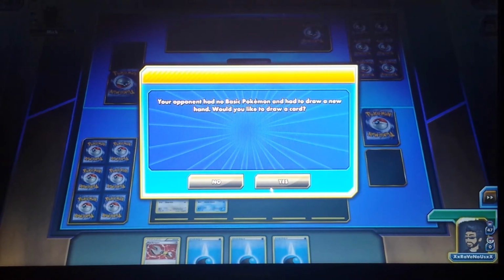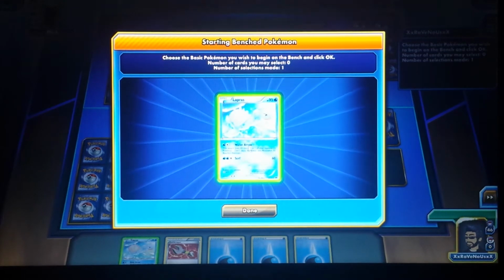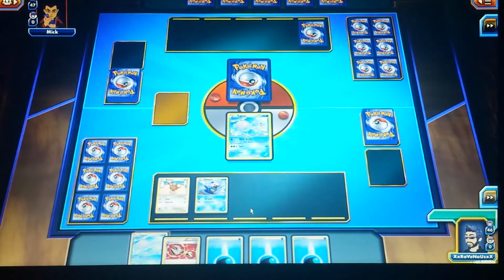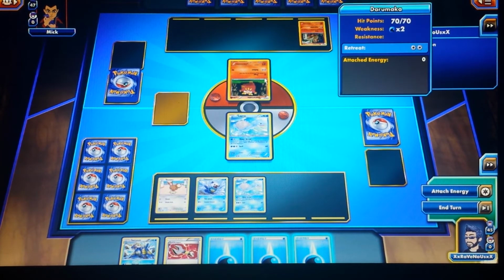So I'm going to go ahead and take advantage of that and click yes, which is actually a Lapras. So I'll go ahead and put this Lapras on my bench, and now this is the whole setup. So at this point, he flipped over all his cards. He's got a